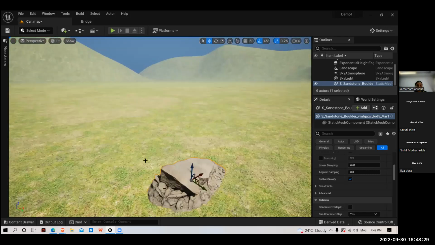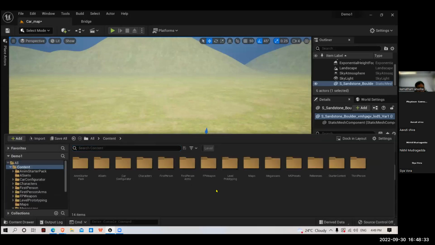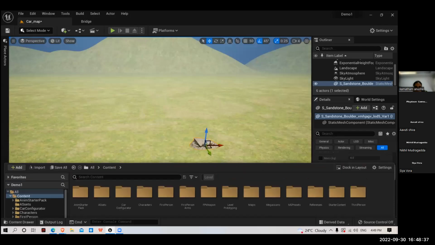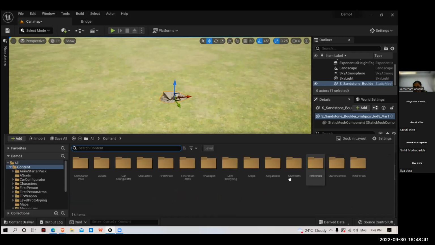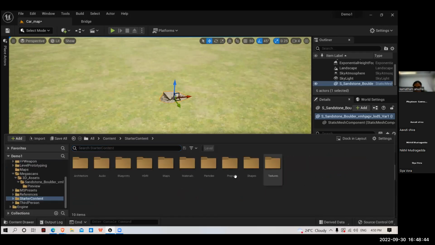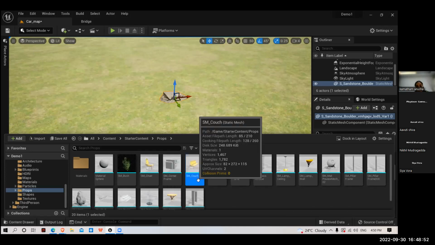So in this way you can get it. And one more thing I will show you which helps us when we are working. Here I have placed this boulder, right? And now I will place any asset from the starter content. Go to the content browser and open the starter content folder. Go to the props folder. Here I will drag and drop this